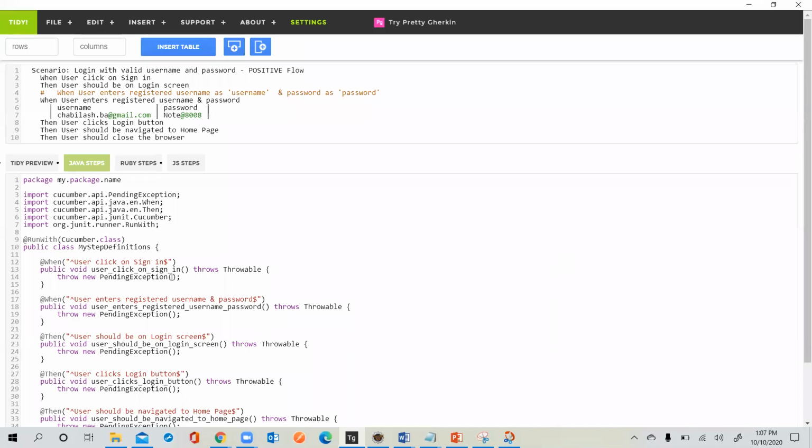Based upon this, the developer will write his code, and based upon this, we will be writing our automation code. And then once the developer completes it, we will keep our code on that one and try to execute it. So before developing the application, we will develop our automation code here.